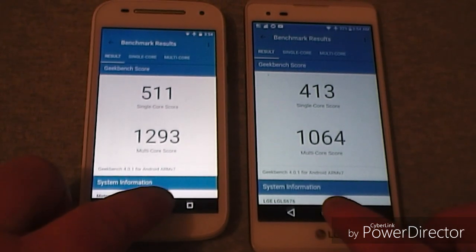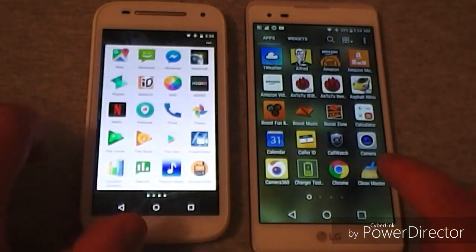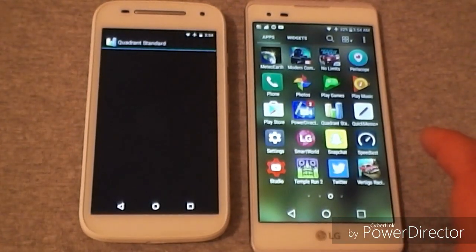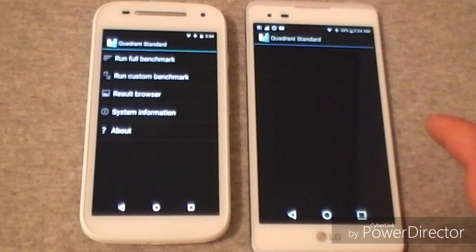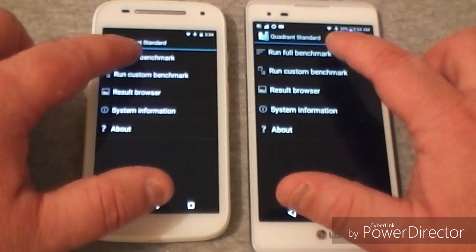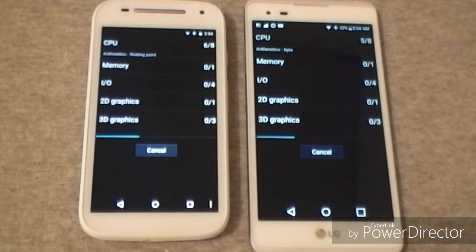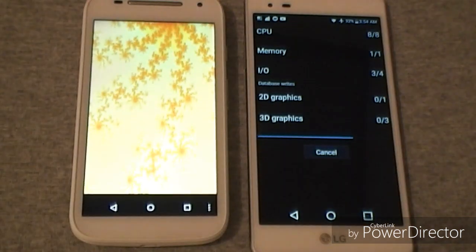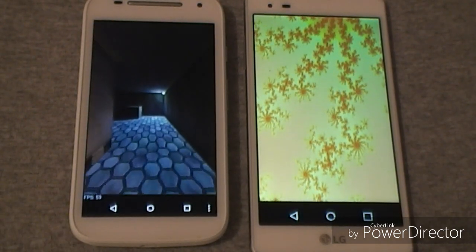So I will actually right now go back home, and I will do one more test, and that will be a Quadrant Standard test, which I've already run as well. Might as well go ahead and run it again. So let's go ahead here and start at the exact same time, and we'll see which one finishes first and everything else again. So honestly, I gotta say, the biggest problem that I've seen with the Moto E second generation